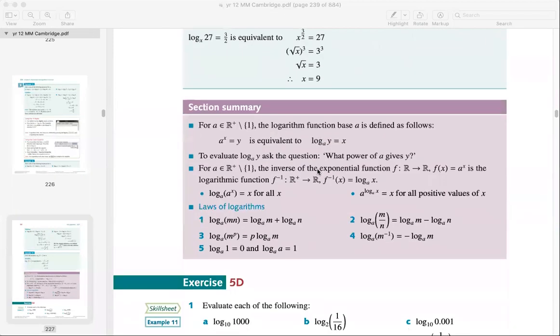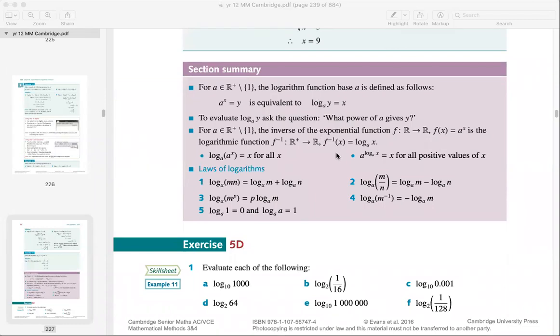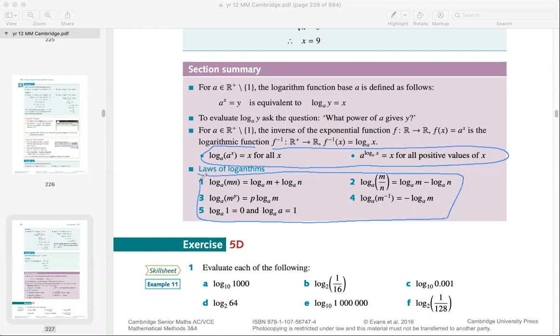Okay, this section summary is pretty important because we finally introduced our logarithm for year 12. I know everyone learned this in year 11, but since it was not dealt with in enough time, we need to make sure you get the idea of logarithms, which is this law and these 5 laws. And because logarithm is really important,